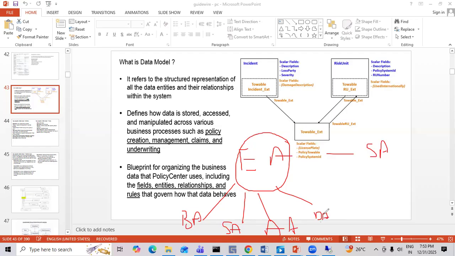Four parts. Business architecture means, let's say, I'm talking about an insurance company. We are referring to the insurance company. Business architecture majorly focuses on